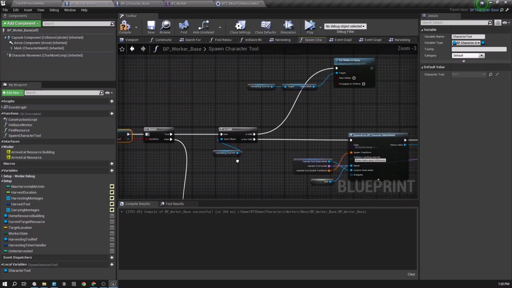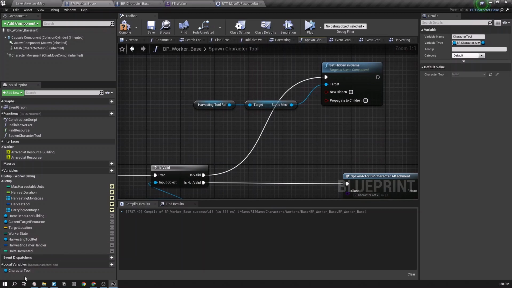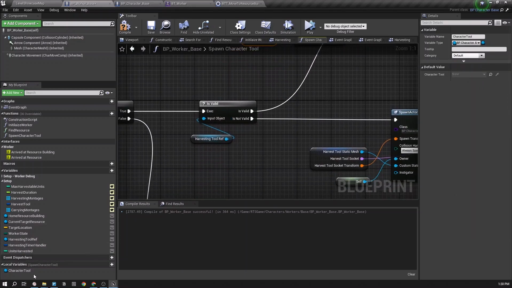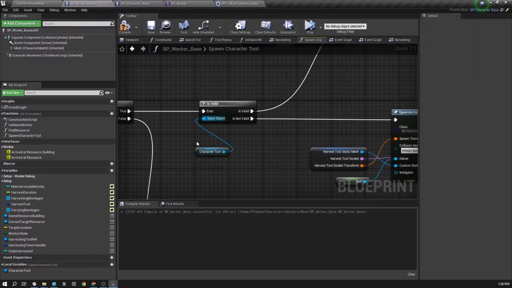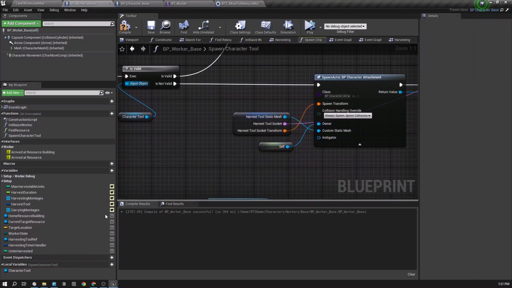And then we can replace this thing like this, so we don't need harvesting tool anymore. So similarly we have to replace all the other references that has this harvesting tool reference,